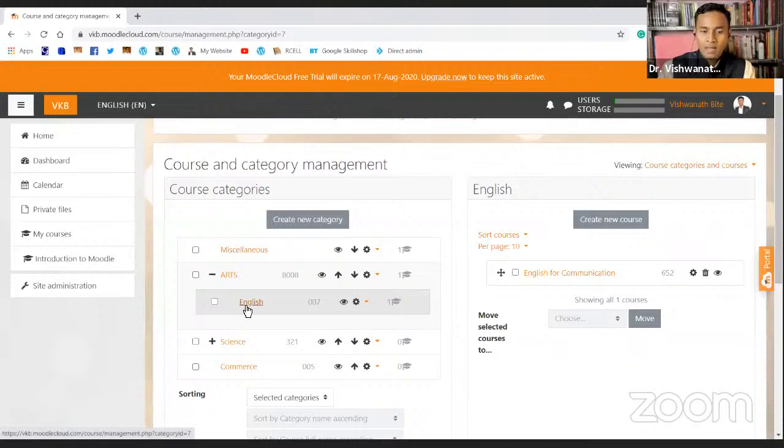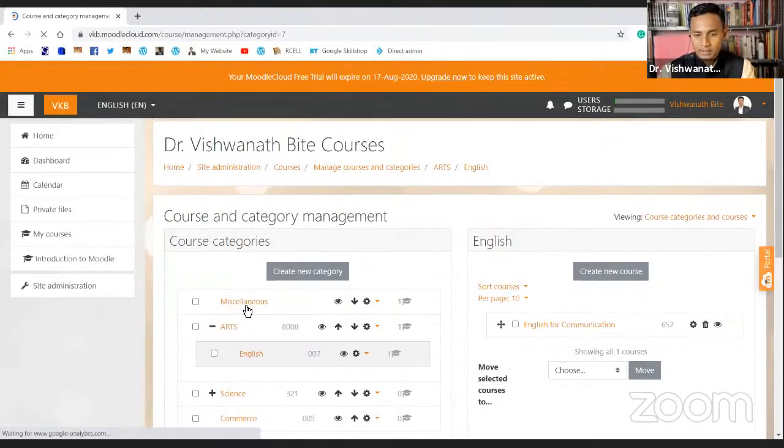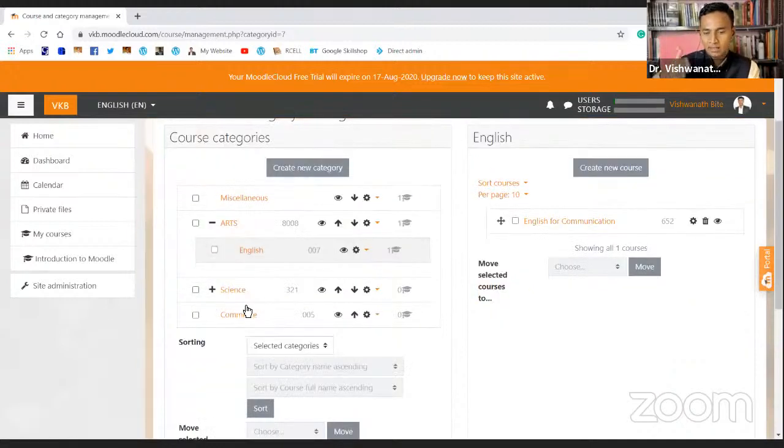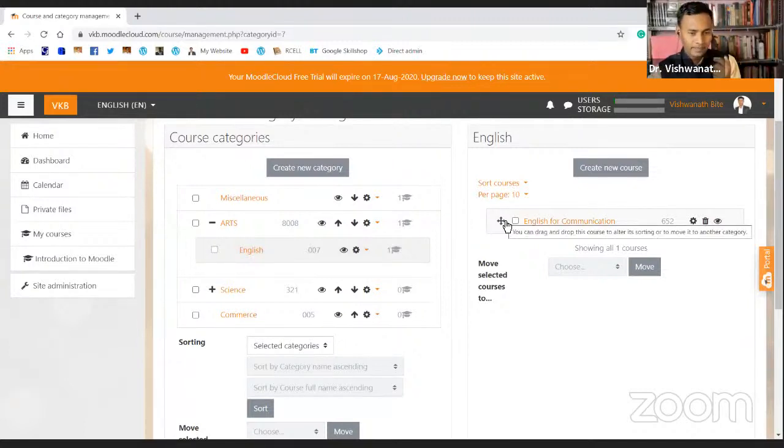In English again, because English is not just one thing, there is a variety of courses. Maybe first year students will have some different papers, last year students will have some different papers. Even in English as a subcategory, I can add another category, or I can create different courses and encode them so that everybody who opts for English, all the 10 courses offered by the English department or physics department or computer science department, will be in here.